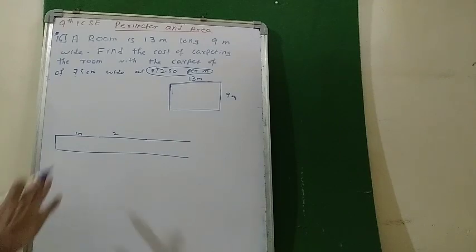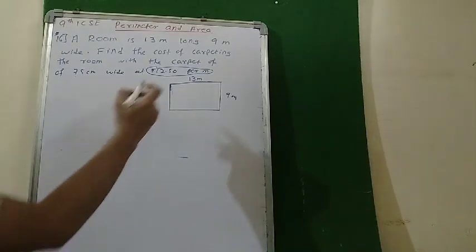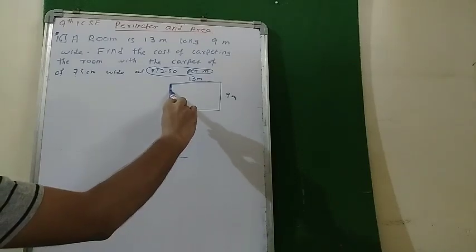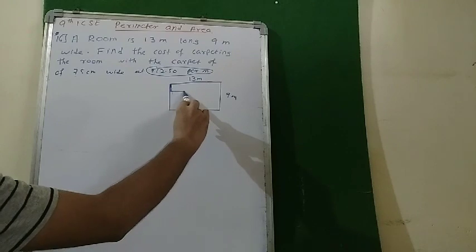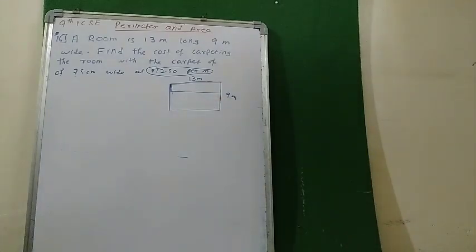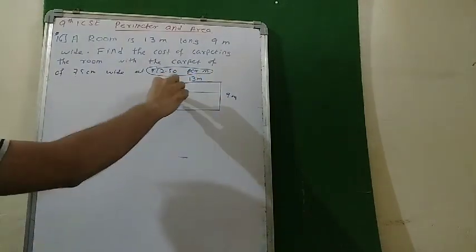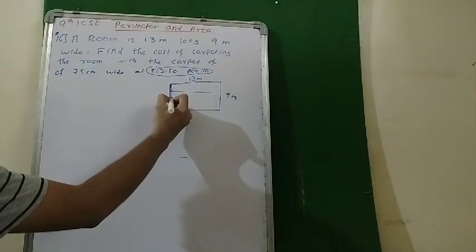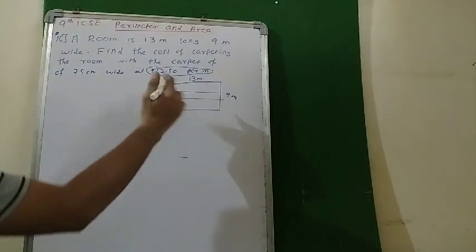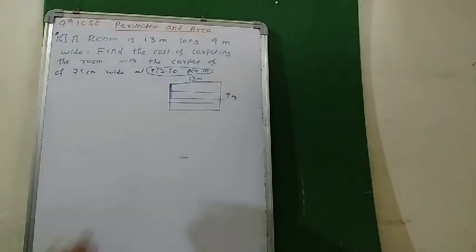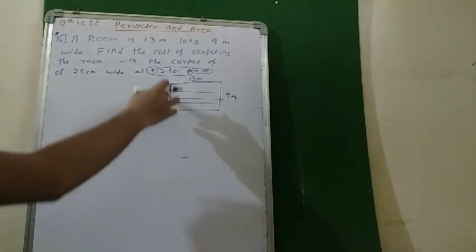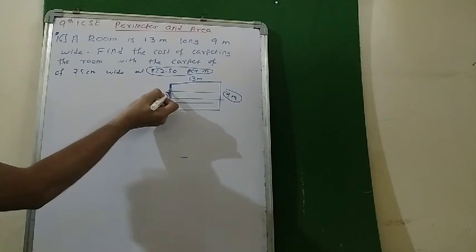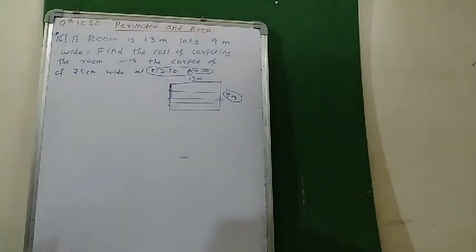Okay, so pay attention. If this much is 75 centimeter, so how many meters of carpet will be required for this line? 13 meter, but the floor is not covered, so again we will keep the carpet over here, roll over here, and again we will spread it. So again from here we will spread the carpet 13 meters, again we will come, again we will spread, again we will keep. So how many times? See, we need to cover 9 meters, so how many rolls or how many sheets of carpet will be required?